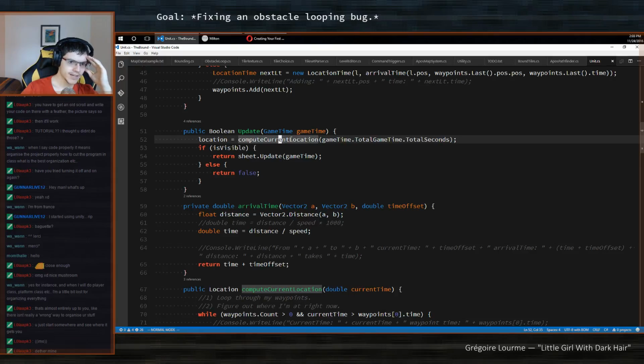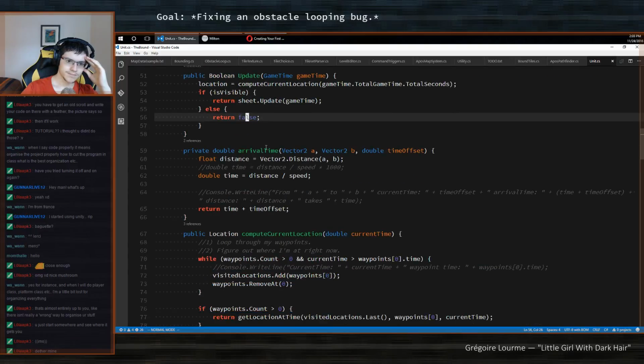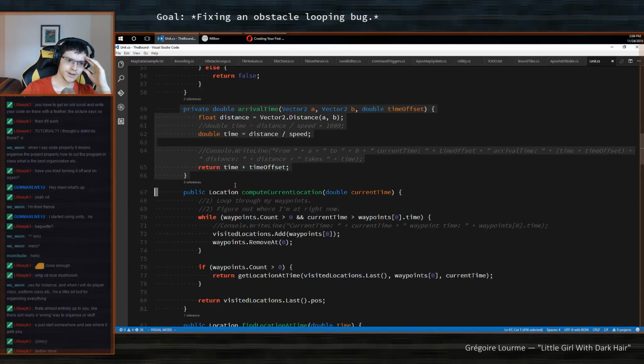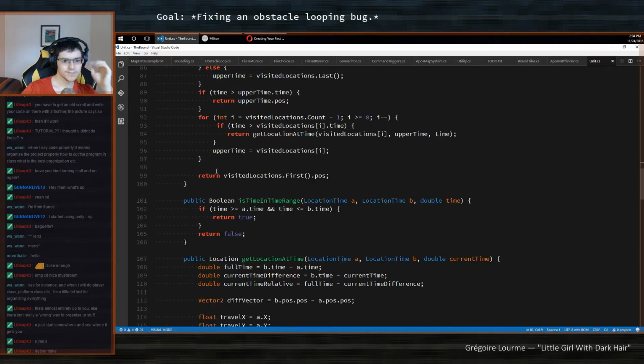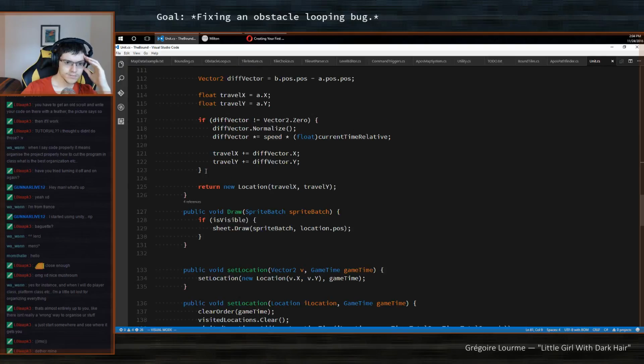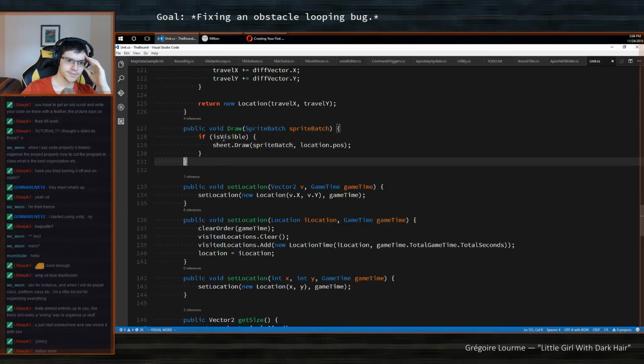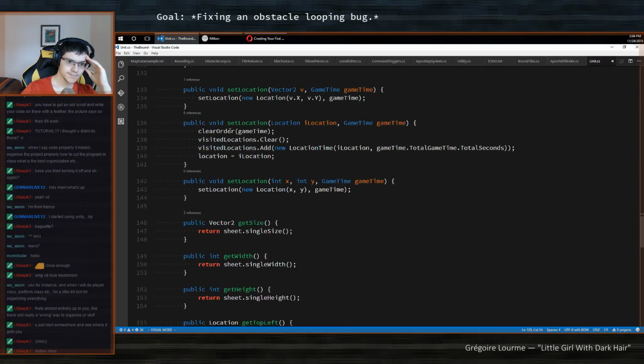So if I'm moving, I'm computing the new location, and then I'm determining if I'm visible. So update has a side effect of telling me if I'm still visible. Then there's some stuff where it can compute arrival time, everything. I have a draw. So the guy is like, if I'm visible, draw myself. And then I can also set the location.